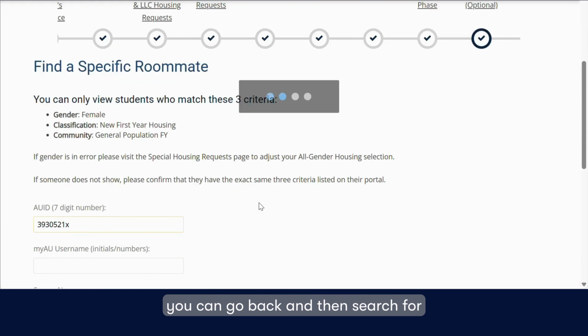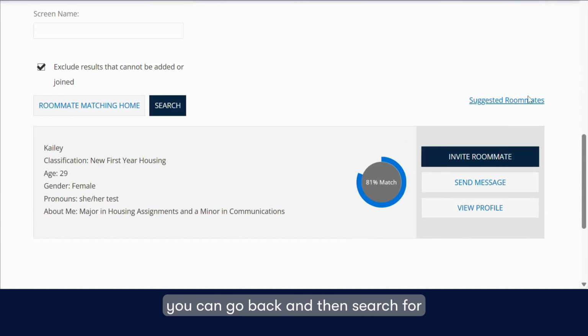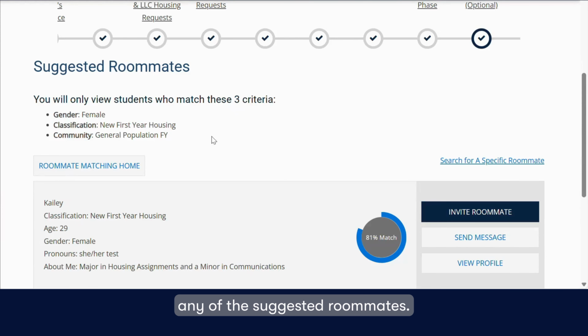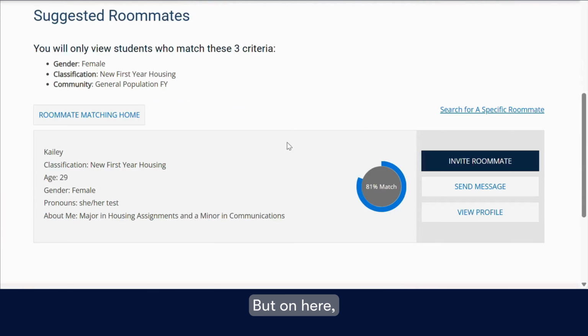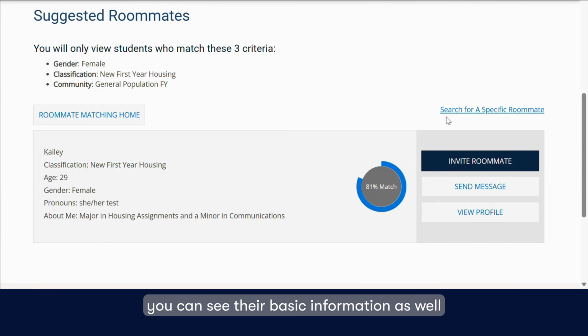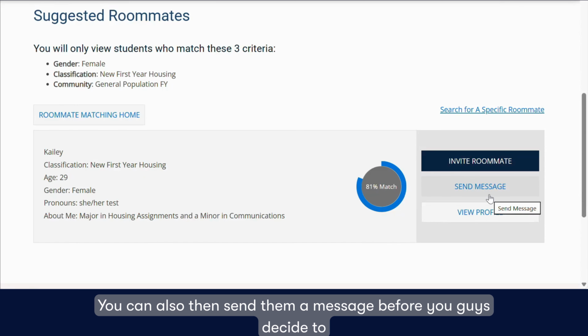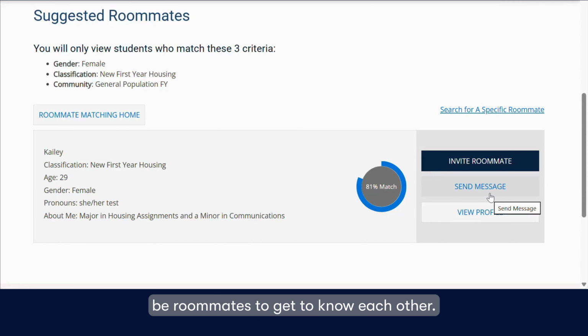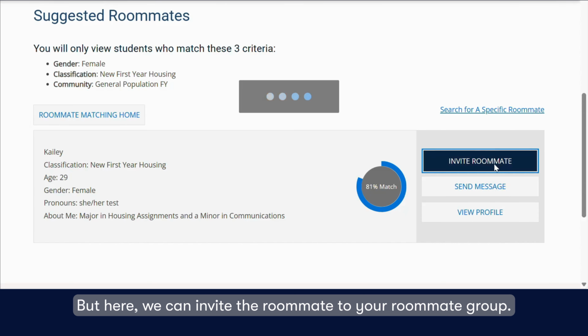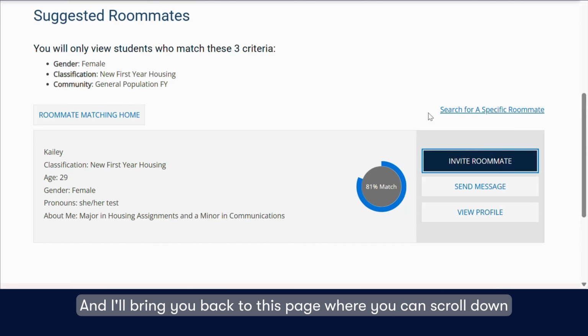From here you can go back and then search for any of the suggested roommates. It will only be showing you those who match your 3 criteria, but on here you can see their basic information as well, and the same information as viewing their profile. You can also then send them a message before you guys decide to be roommates, just to get to know each other. But here we can invite the roommate to your roommate group, and I'll bring you back to this